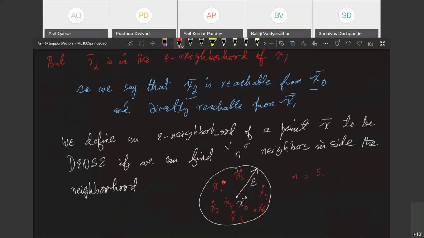So if the number of points in the epsilon neighborhood of a point exceeds n, and we can pick n, a sensible value of n, 3, 5, whatever, then we consider that region dense. Right? Now, does it agree with common intuition? Dense regions are, for example, dense housing. When you live in the suburbs, what is dense? You can practically share books or stuff with your neighbor by stretching your hand out of your window and your neighbor catching it, isn't it? In the Bay Area, that would be considered dense living.